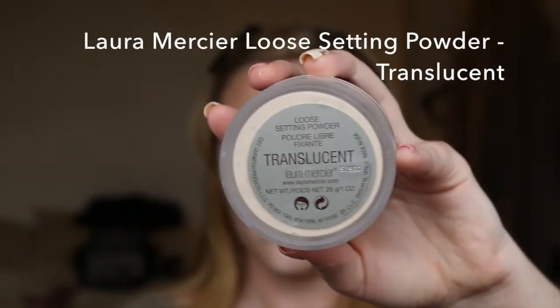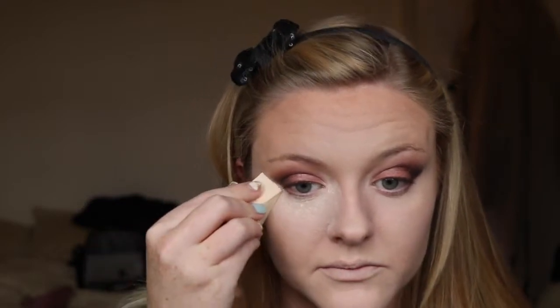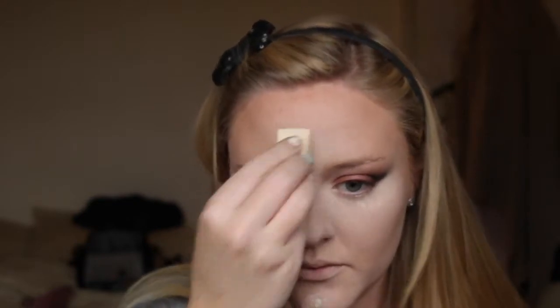After everything is blended, I am of course going to set all of my highlights with my Laura Mercier Loose powder in the translucent formula. As you can see, I'm just using a wedge sponge to just apply this underneath my eyes. I blend underneath my eyes before applying any powder just to make sure there are no creases set into my concealer. And as you can see, I've just applied it everywhere else that there is concealer and the highlight product